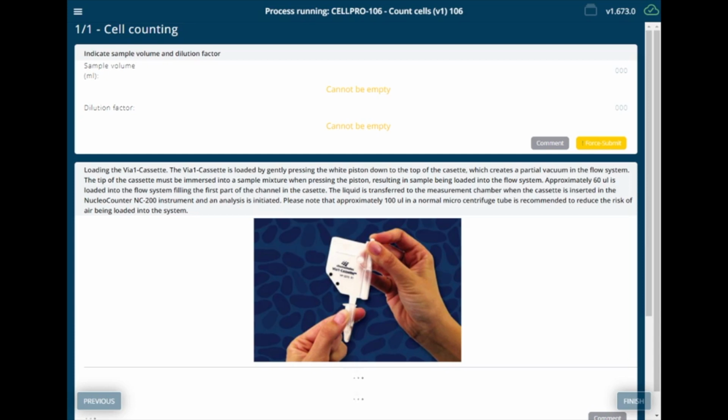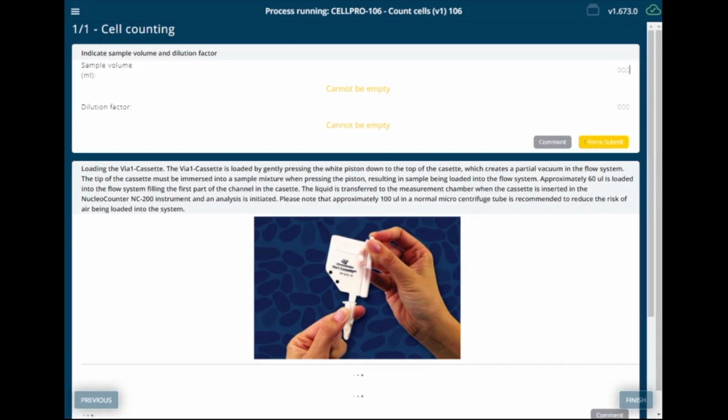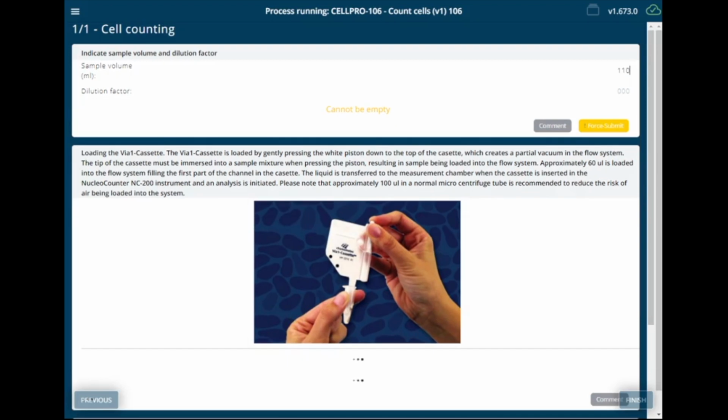So the format in which the instructions are given can be anything, from simple text lines to drop-down menus, checkboxes, tables with pre-filled information, video-based instructions, an image or a map. I mean, possibilities are endless. In this particular case, the operator is asked to fill in the information in a specific format. So using characters here, for example, will not be accepted. Once the data is entered with the right format, you're allowed to submit and move on to the next task.